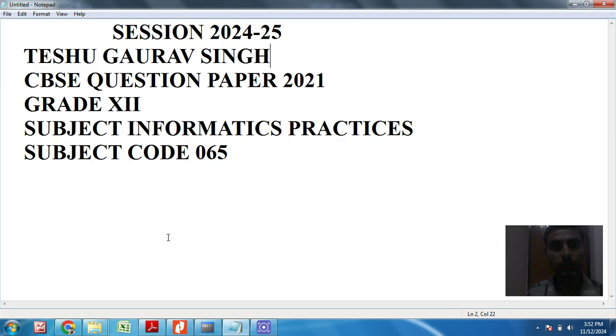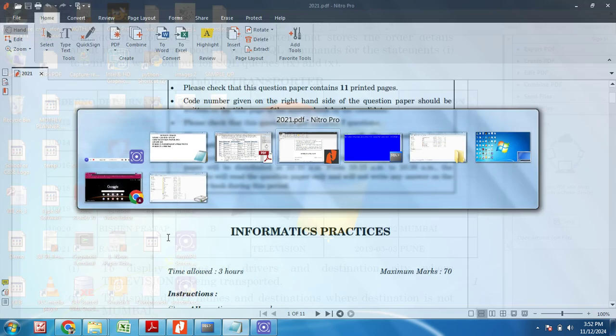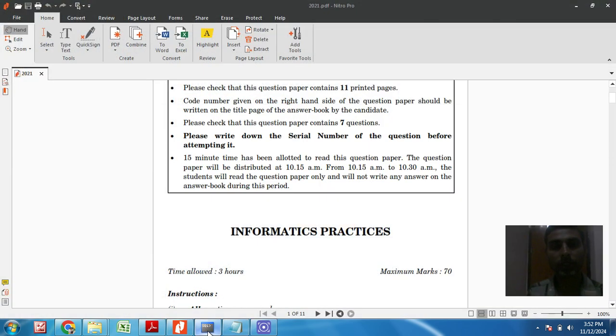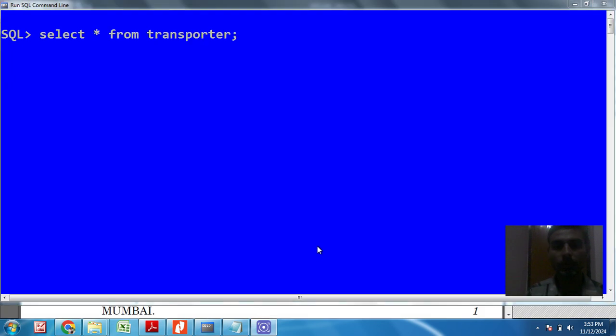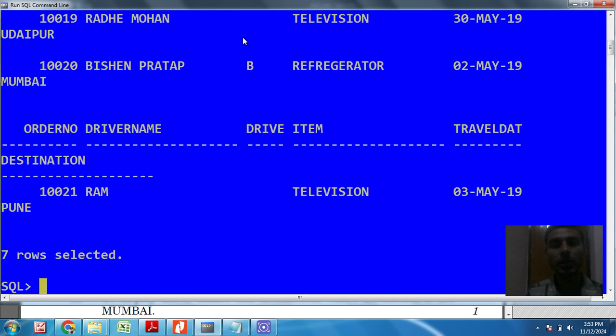So first write select star from transporter. This will show me all the details of the table transporter.